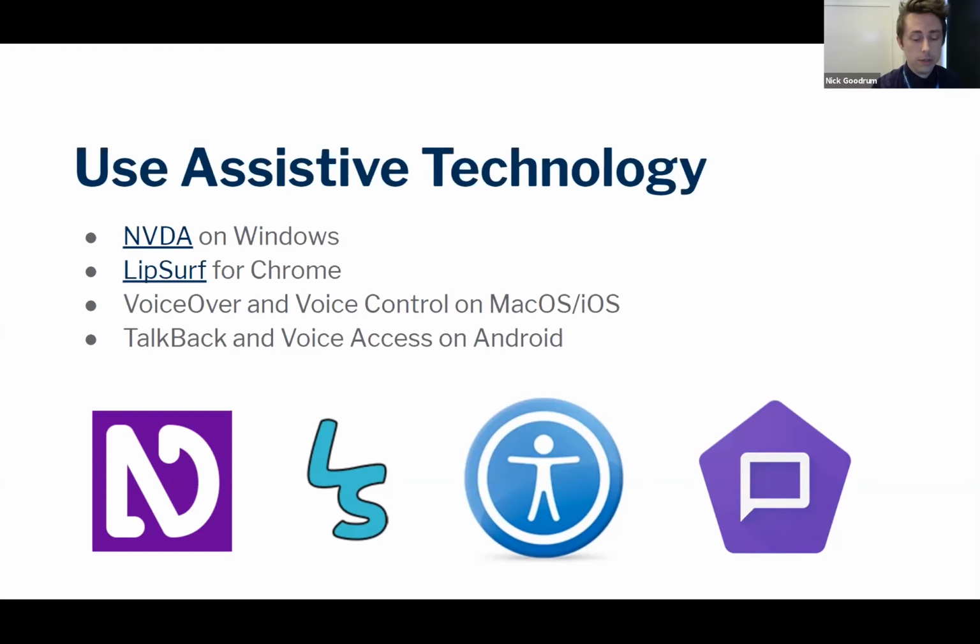If you have a mobile device, pretty much almost I think everyone to a degree has. Now you could use VoiceOver, voice control through Mac OS and iOS. You got TalkBack and Voice Access on Android for the accessibility suite. So they're already built in. So you already have options. So go into your settings, turn them on, see what that experience is like. Because your end users are not going to be pro screen reader users. There's going to be people that just, I need it to get through the day.